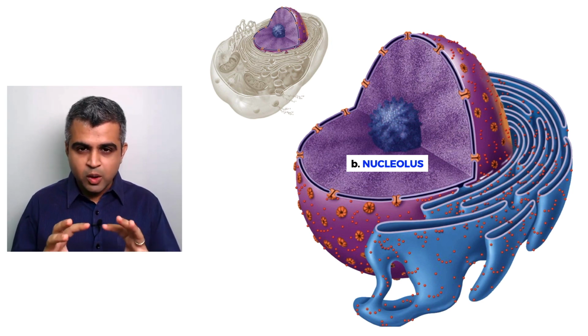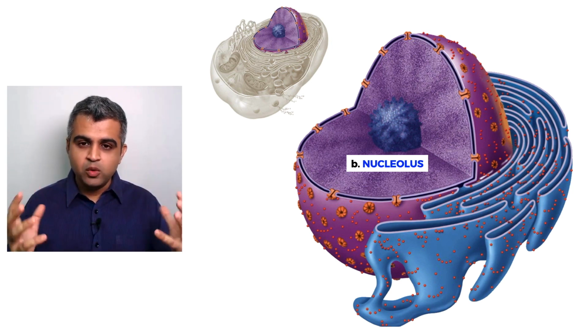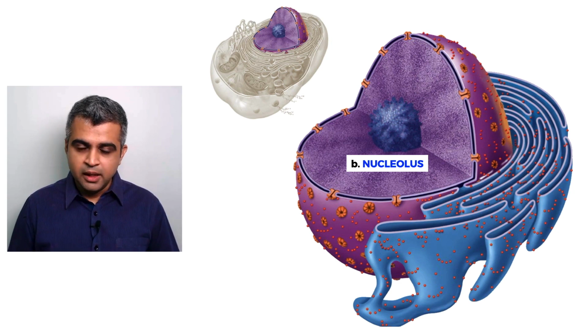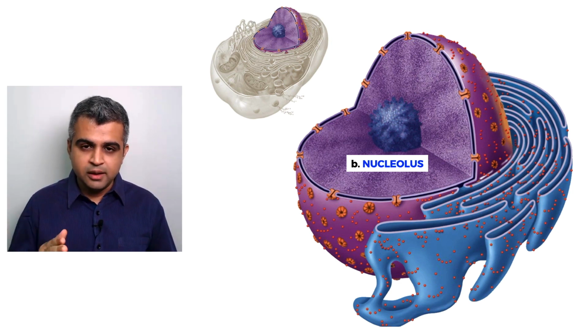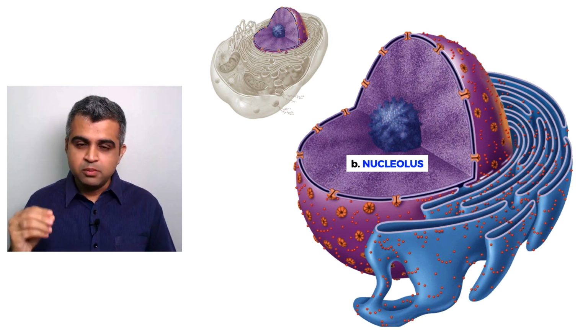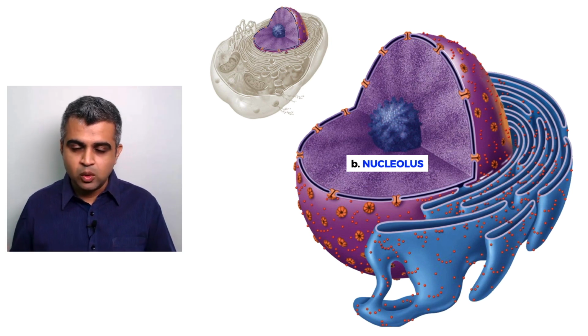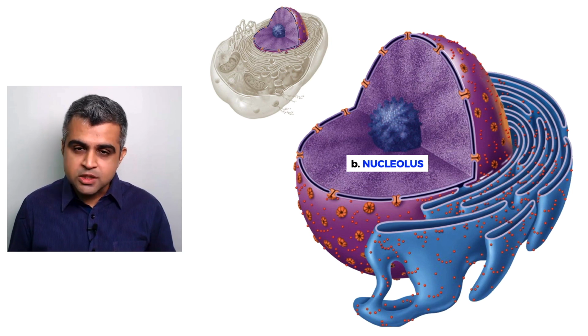So just to have a quick recap of what we have done so far, the nucleus in a eukaryotic cell has a boundary called the nuclear envelope. It is going to have two layers, an outer layer and an inner layer, between which you have the perinuclear space, which is about 10 to 50 nanometers. There are going to be openings at regular intervals which will allow material from inside to go outside, or material from outside to come inside. They are called nuclear pores.